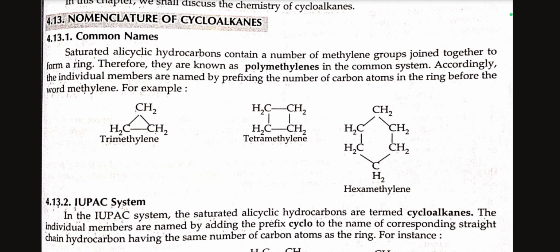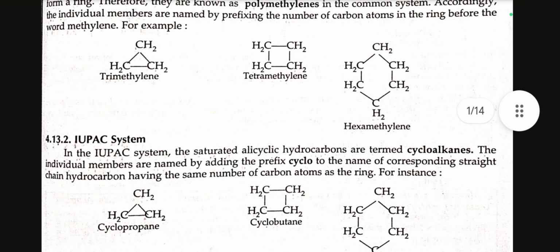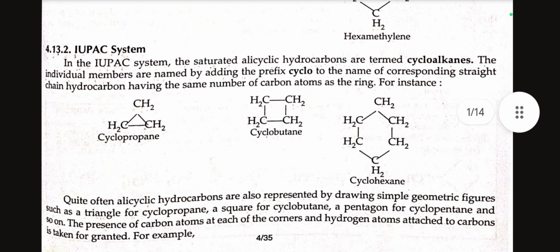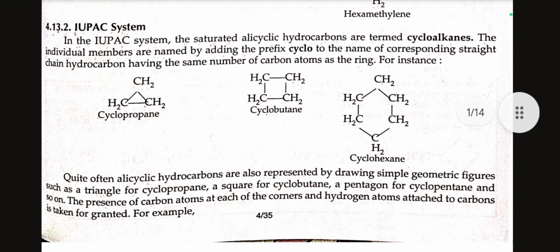IUPAC system. In the IUPAC system, the saturated alicyclic hydrocarbons are termed cycloalkanes. The individual members are named by adding the prefix cyclo to the name of the corresponding straight chain hydrocarbon having the same number of carbon atoms as the ring. For instance, cyclopropane, cyclobutane, cyclohexane. Quite often, alicyclic hydrocarbons are also represented by drawing simple geometric figures such as a triangle for cyclopropane,